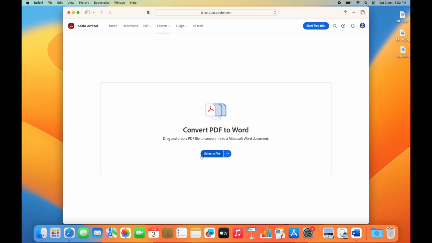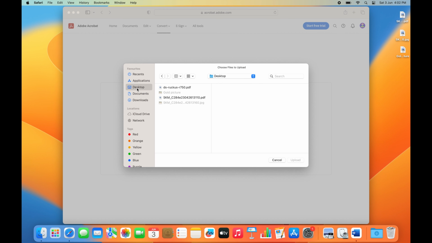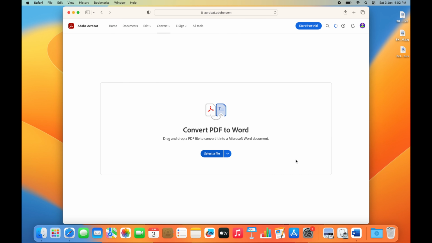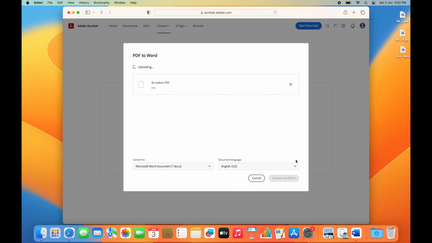So after the login, this kind of window will open. You have to select a file, the file you want to convert. I have this file and I want to convert it into Microsoft Word. So choose the convert